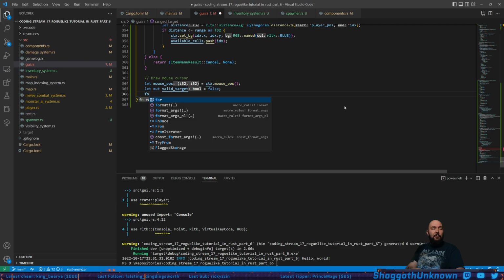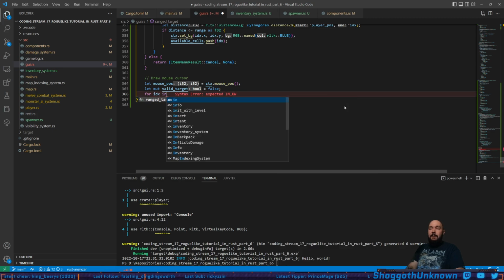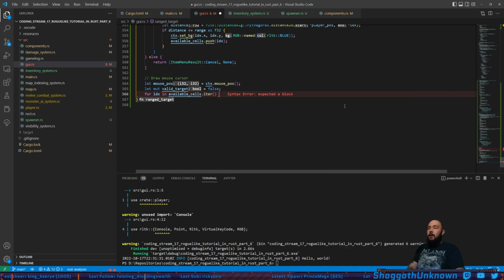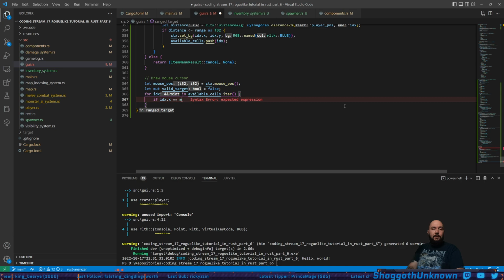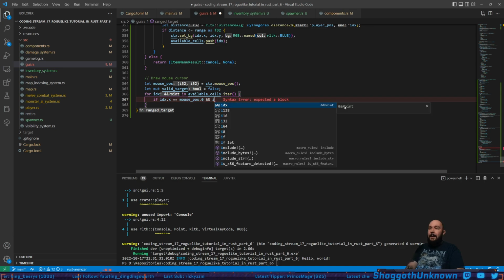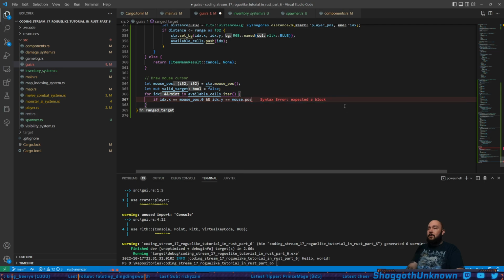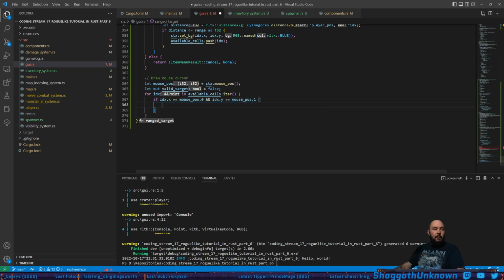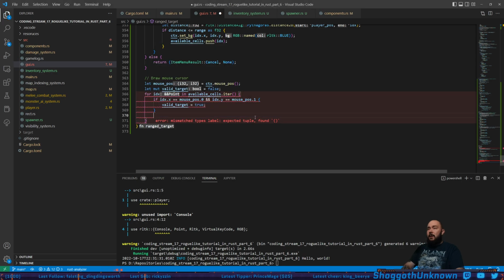We're going to loop over all available cells, for idx in available cells dot iter, and what we're probably going to do is check to see if the mouse position is a valid target. If idx.x equals mouse position dot 0 and idx.y equals mouse position dot 1, then valid target equal true. And then what we do is a check on